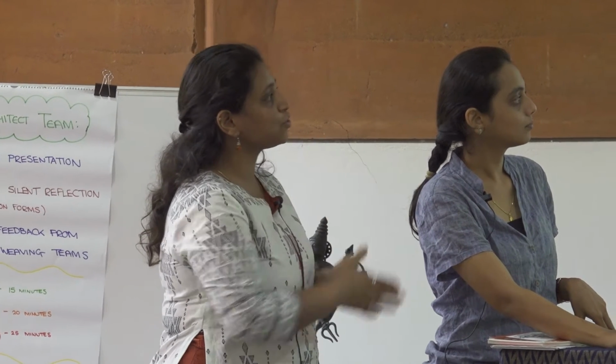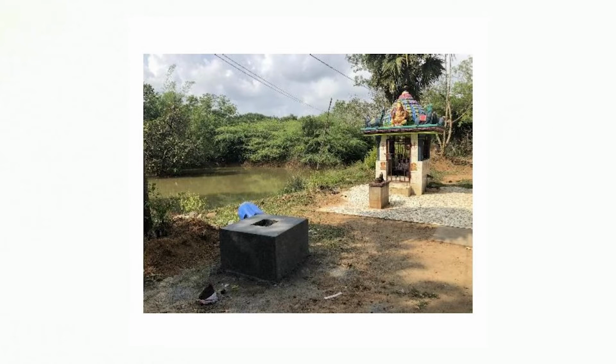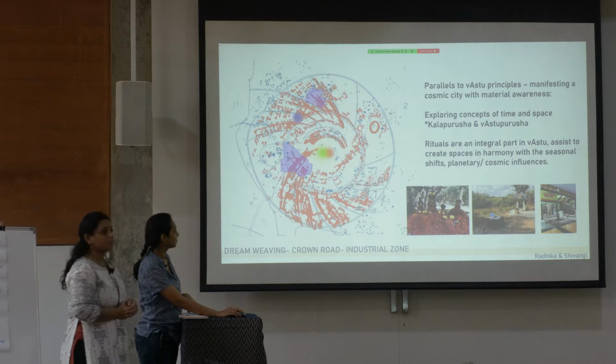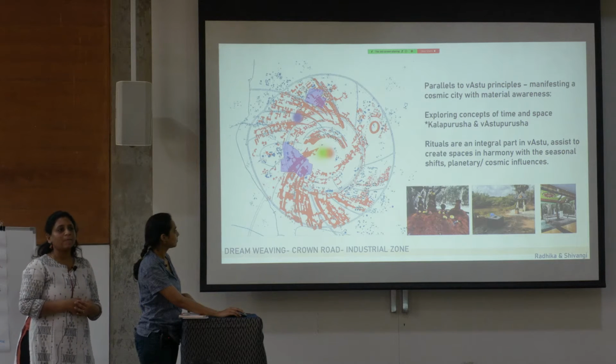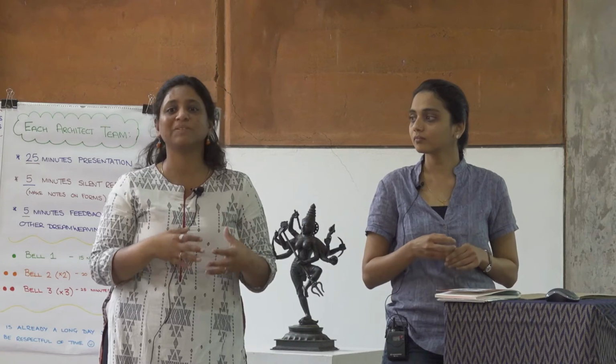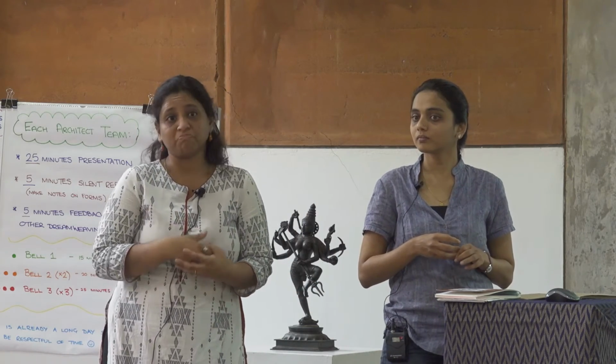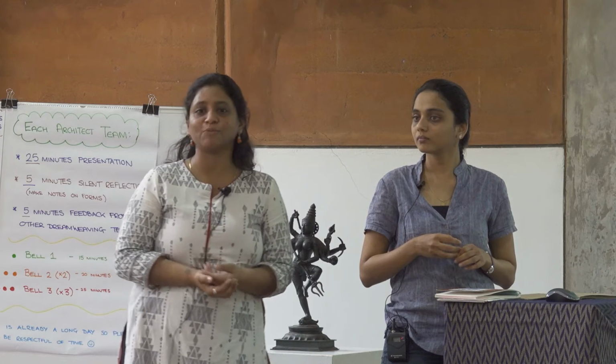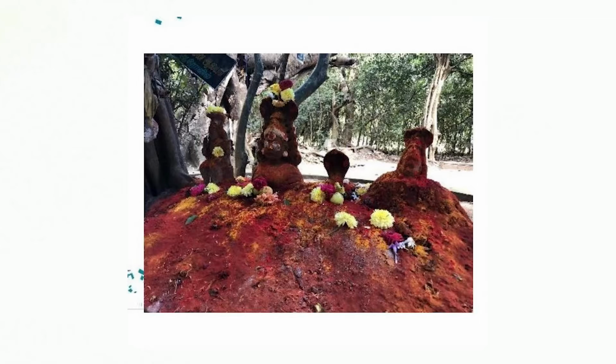Then the next picture, which is not so clear, but if you see on the left of the picture, there is a water body. It's a water catchment which has not exactly been given a clear geometric form, but when we go there, we really see it's one of those squarish water bodies that could be converted into some kind of a kund eventually. And then the third is what is on the other side of the temple, where it is surrounded by trees.